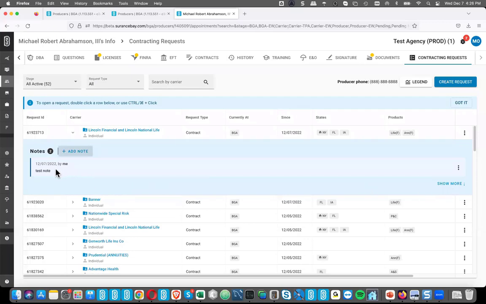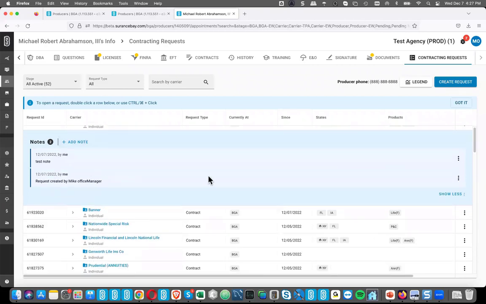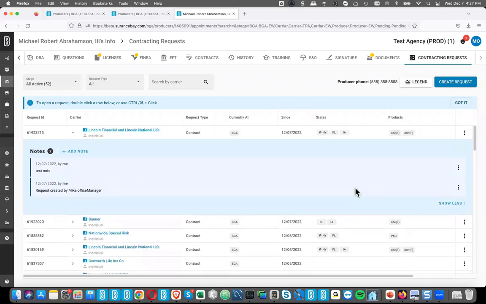And by default, it will only show the most recent note, but then you'll see that there's more here, so I can hit show more and it shows me all of them. So that's actually the best place. If you just want to add a note, you don't want to change the stage, this is the best place to do that. Great question.